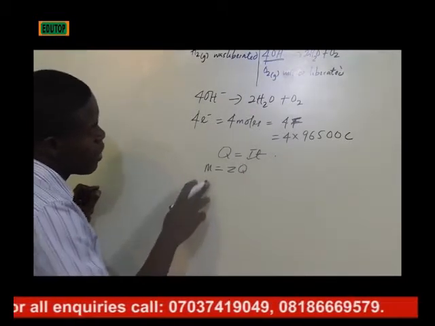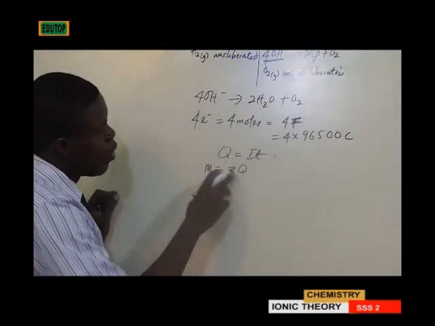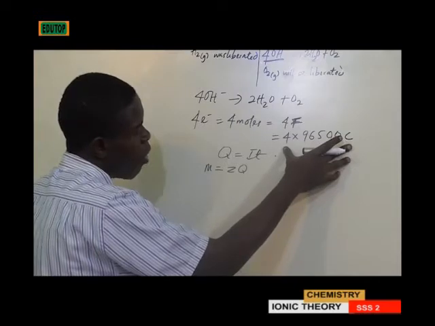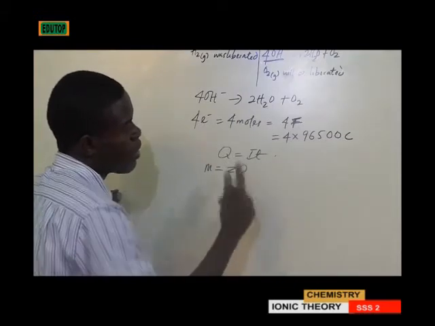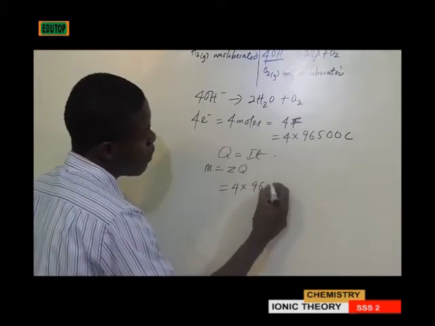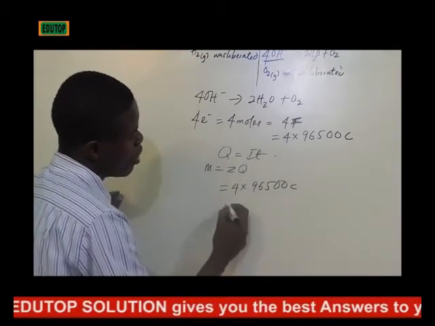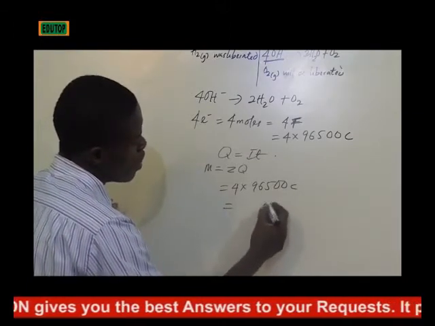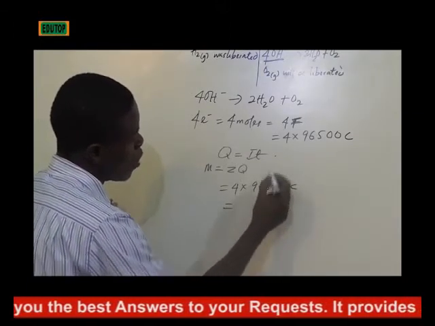So, since we know that the quantity that is responsible for this is 4 times 96500 coulombs, which gives